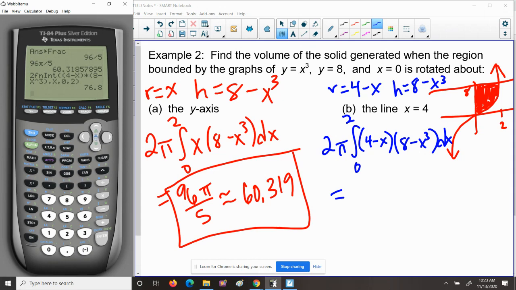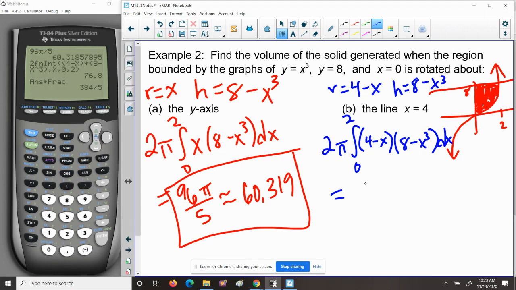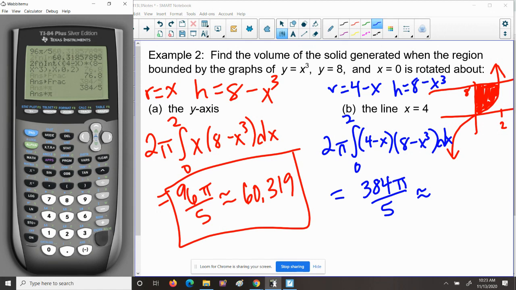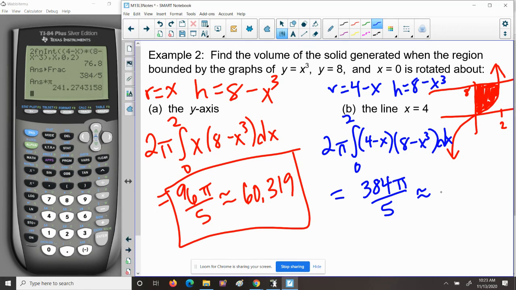That gives us 76.8, which as a fraction is 384 over 5. So this is 384 pi over 5. I don't know if I said as a decimal. I meant as a fraction. As a decimal, we're going to multiply by pi, and that would be